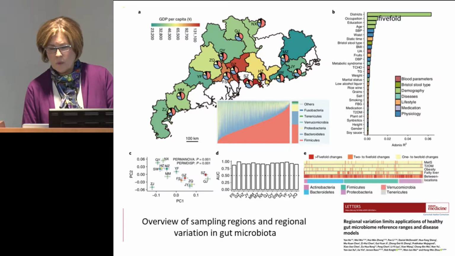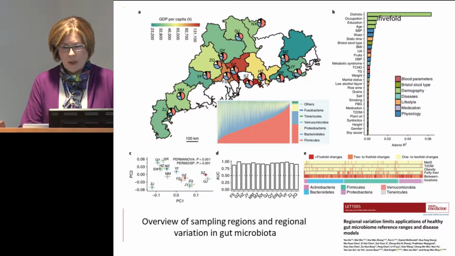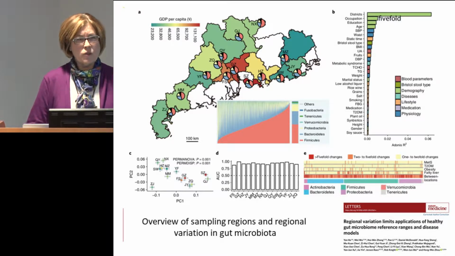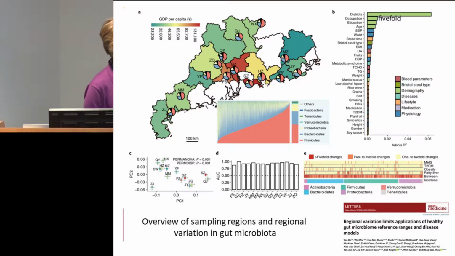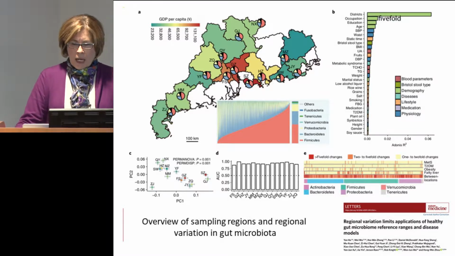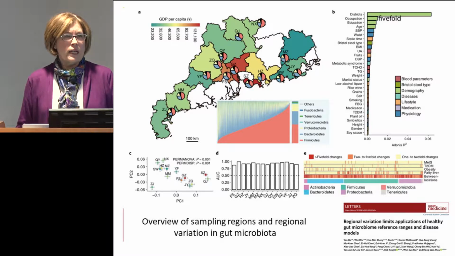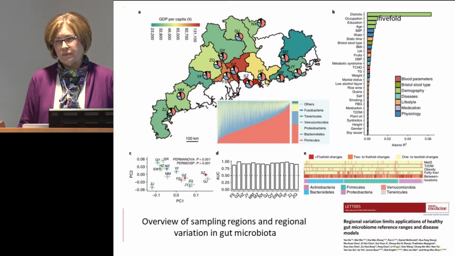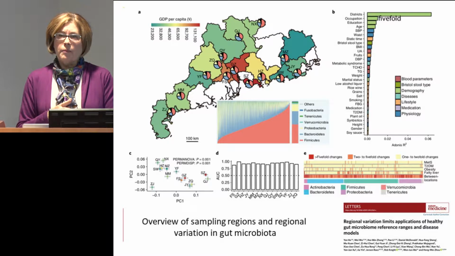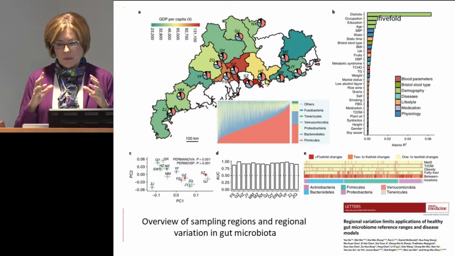I guess the pointer here doesn't work. But if you look at panel B on the top right, these were all the metadata that were looked at. And what was very clear was that it was districts, it was geographic location that was the primary driver of the differences that were observed here in, if you look in panel C, a PCA plot separating these various populations. Obviously, geography like this is an umbrella for a lot of factors. It could include ancestry, as we saw in the previous study, other lifestyle factors, but this by and large was